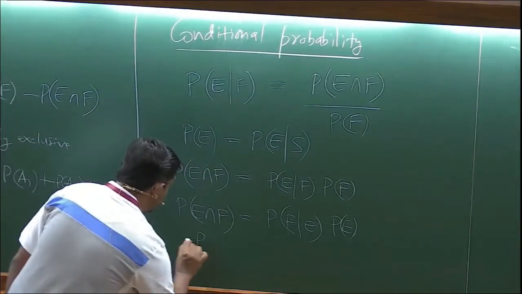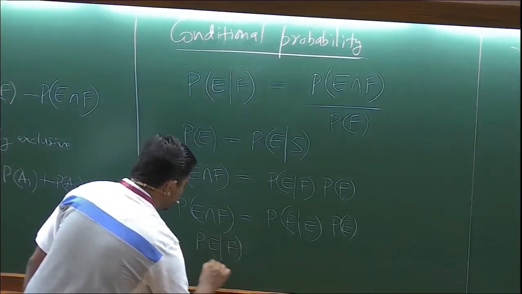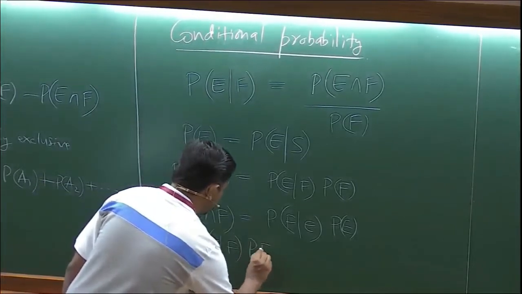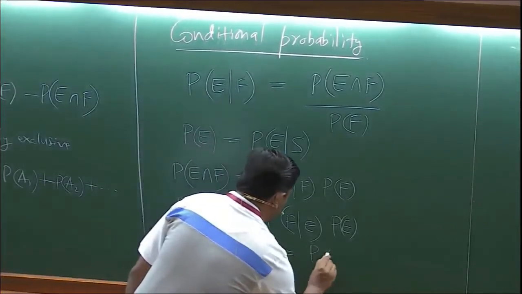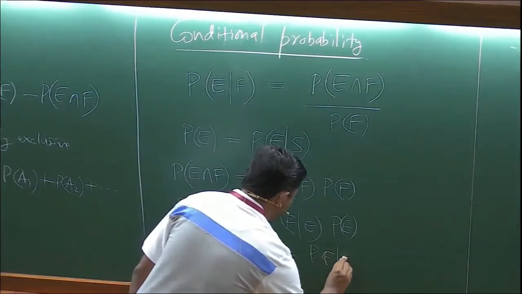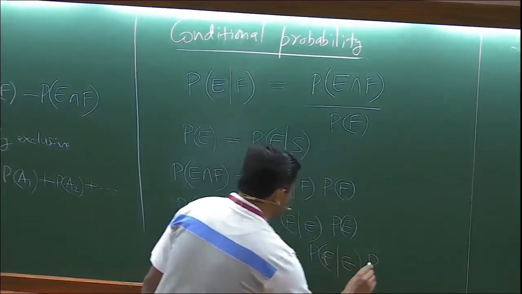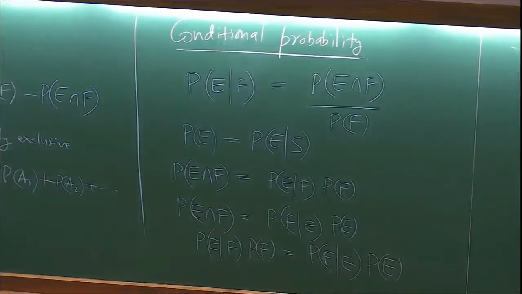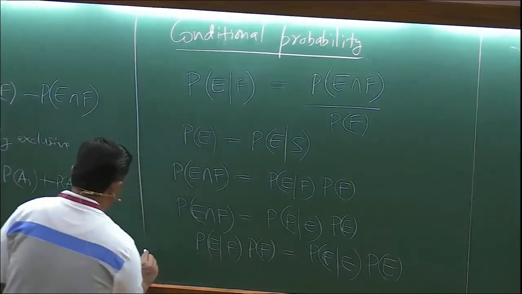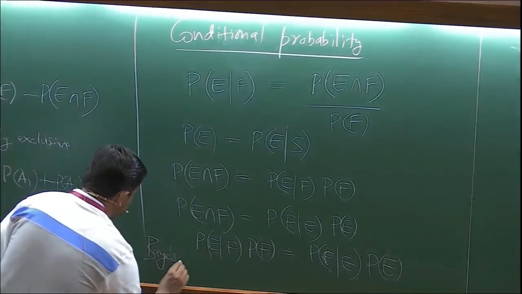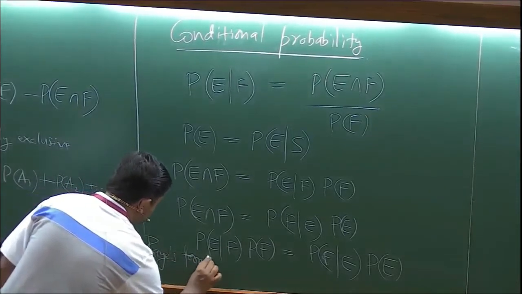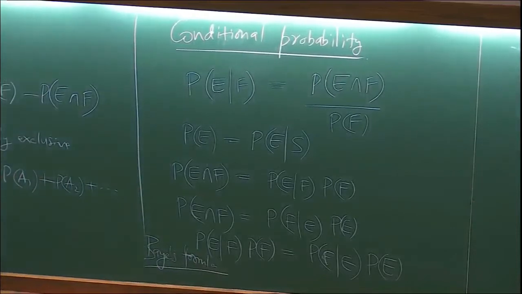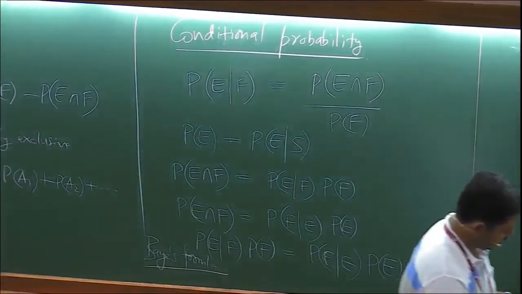So what you infer is this very nice and simple looking formula, which has fantastic consequences in Bayesian analysis: the probability of F given E times the probability of E. What is this called? People are familiar with this? Bayes theorem, or formula. I'm going to skip examples of probabilities and things like that. I'm sure many of you are familiar with this.